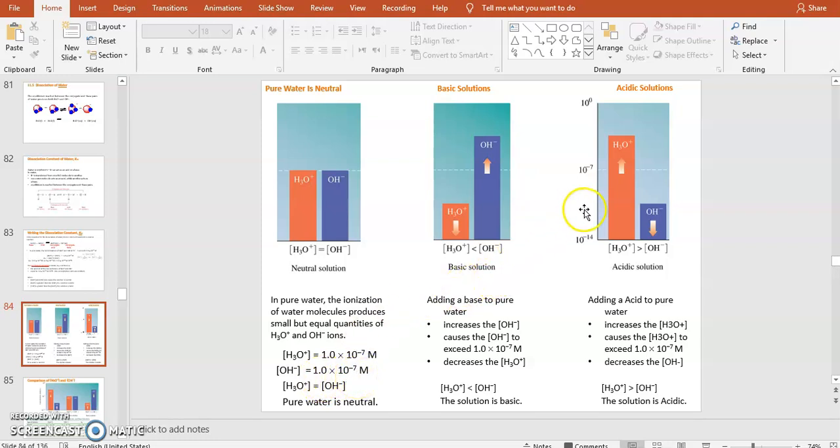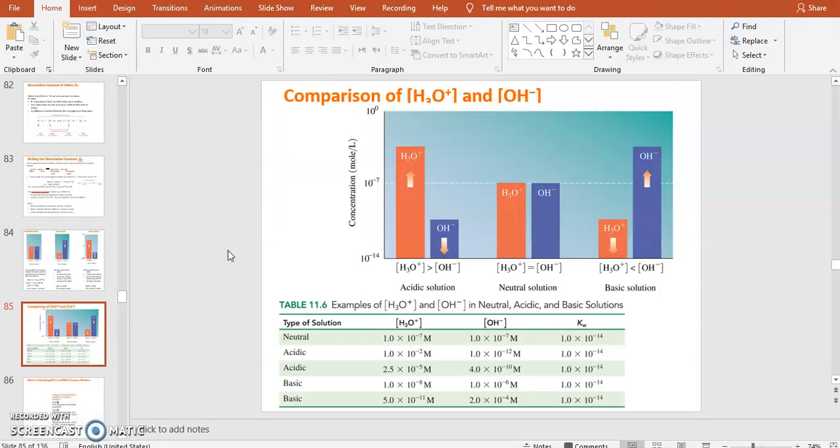If the hydroxide ion becomes higher than the hydronium ion, then we have a basic solution. If the hydronium ion is bigger, then we have an acidic solution. And bigger means bigger than 1 times 10 to the power of minus 7. So you can see here, same thing, the three of them: this is neutral, this is acidic, this is